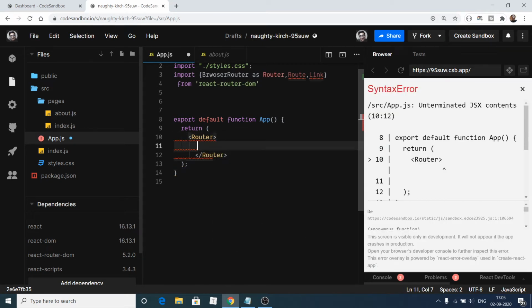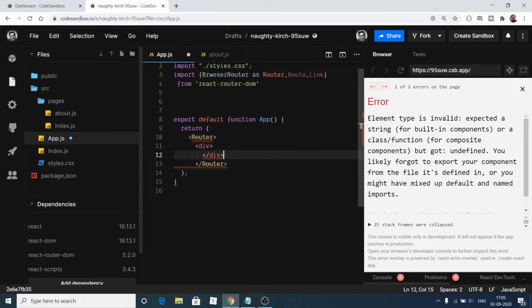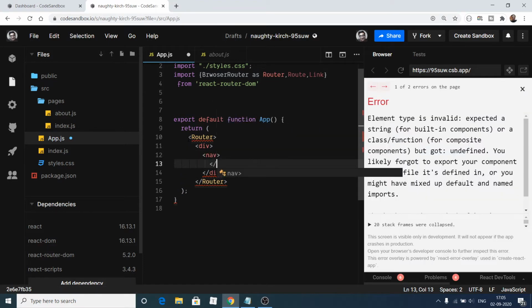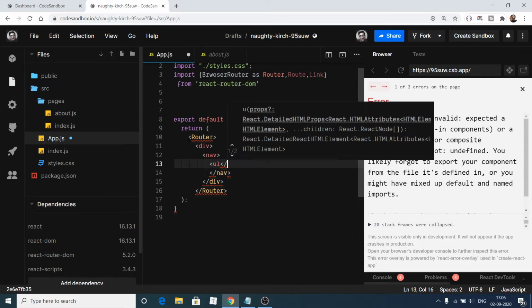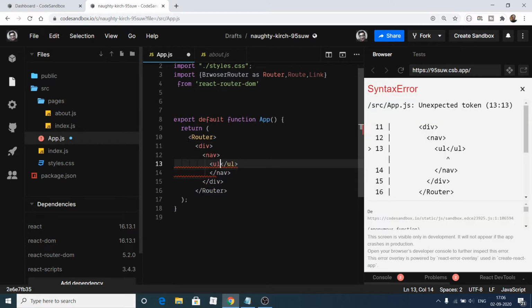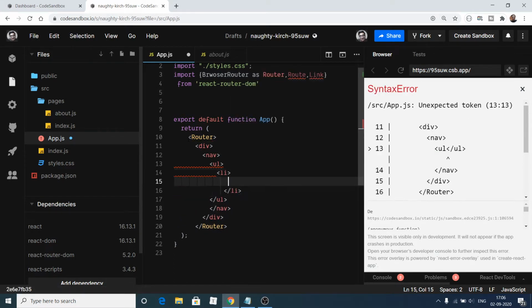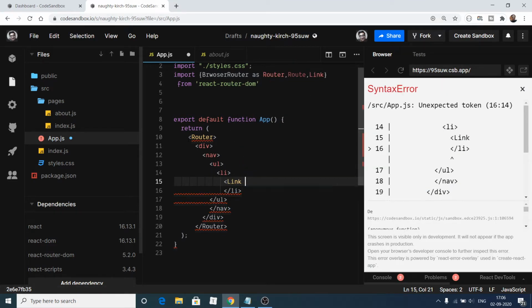Close the Router tag, and inside this we will have a div. Close that div, and inside this we will have a simple navigation nav tag. Close that nav tag, and inside this we will have an unordered list tag. Inside this unordered list we will have a list item. Close that list item tag, and inside this we will have a simple Link tag which is available to us in React. There will be a to property. If you load the application for the very first time, it will go to the home page. So if I close the Link here, you will see